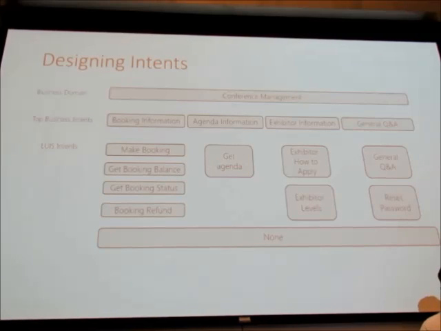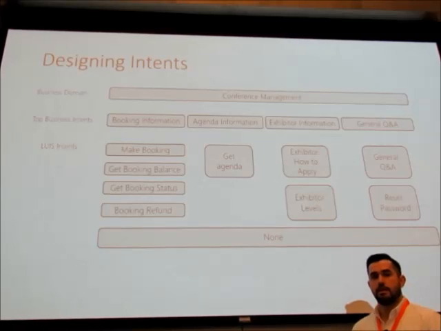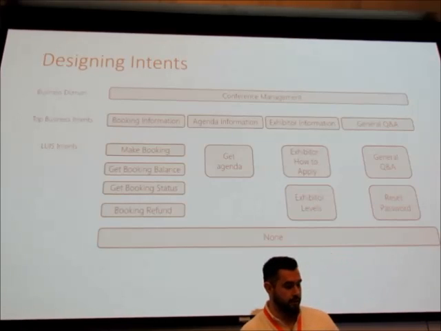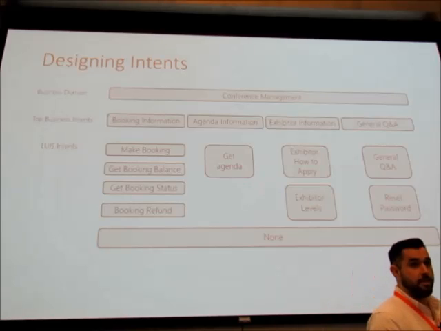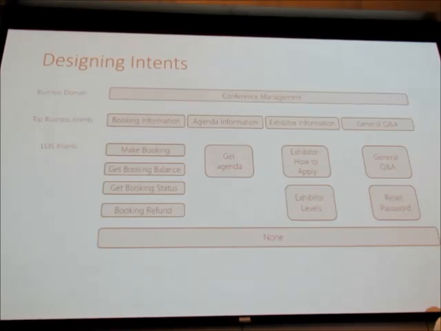So when we give utterances or examples of text, this is kind of what our model should look like. It should give us the general QA intent if a simple QA question is being inputted. We should get agenda if someone wants to know what's going on in the hotel. That's how we want to design. We want to have business-layer intents that are categorized that you handle through code, and then you want to have your LUIS intents that break that problem down.